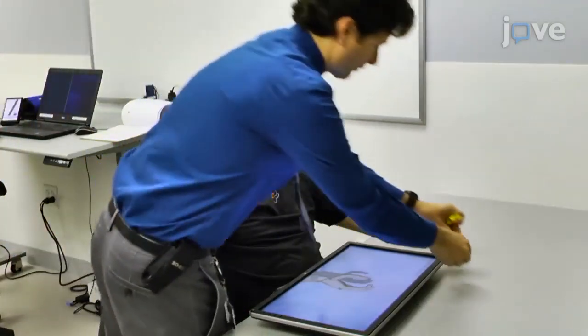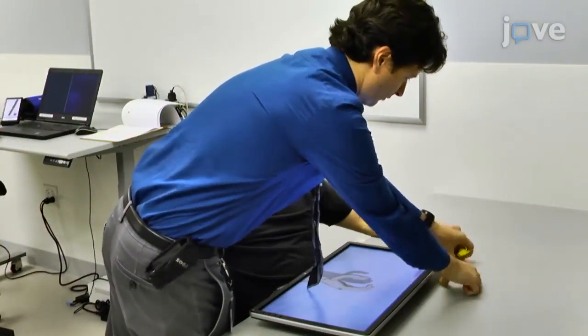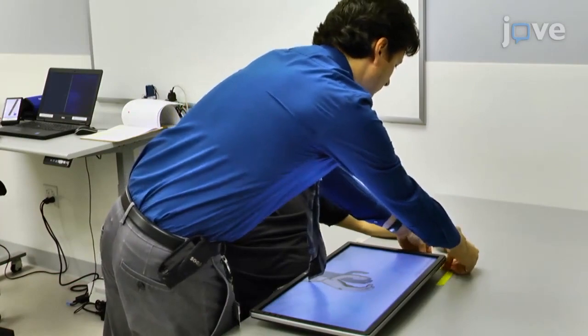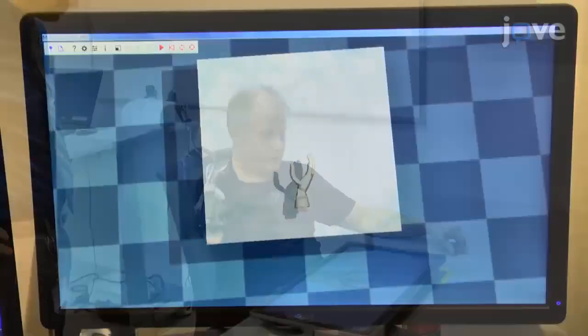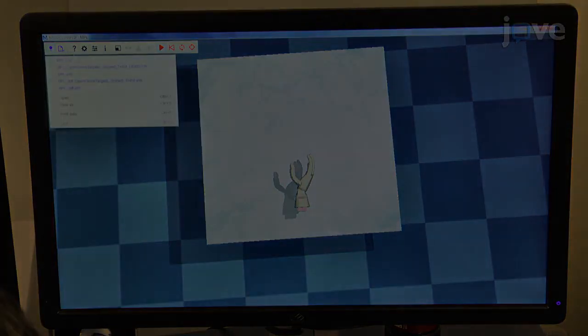Display the virtual prosthesis on the monitor and adjust its size and location so that it is positioned congruently with the location of their missing limb. Then, render objects such as floating balls in the